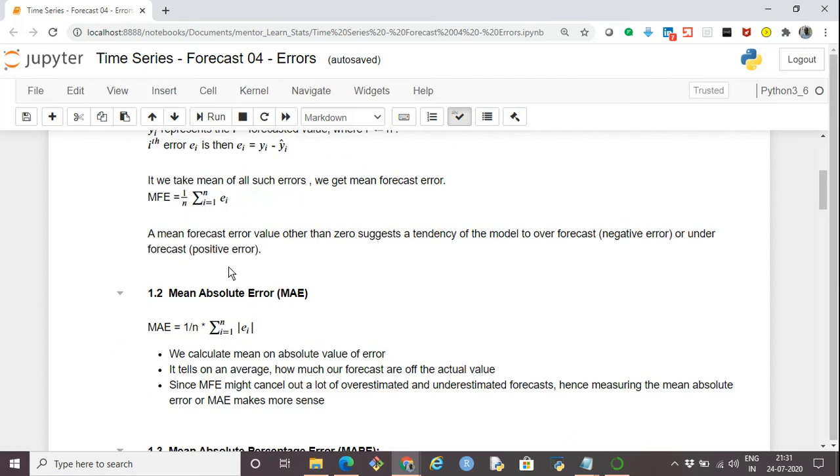Now, if the mean forecast error value is zero, it could be that the positive and negative values have cancelled out. If it is not zero and it is a positive value, it means that we have done an under forecast, and if it is a negative value, then it means we have done an over forecast.